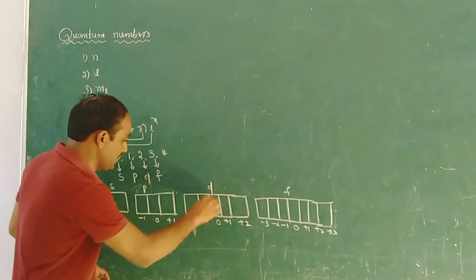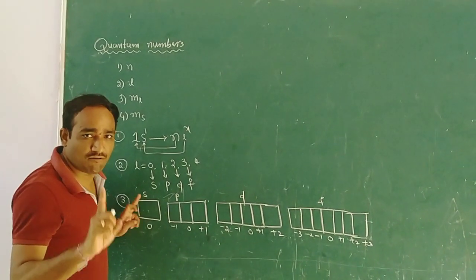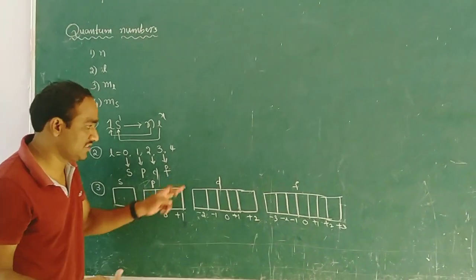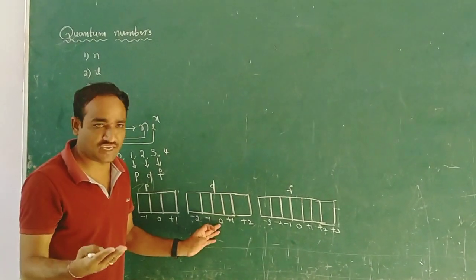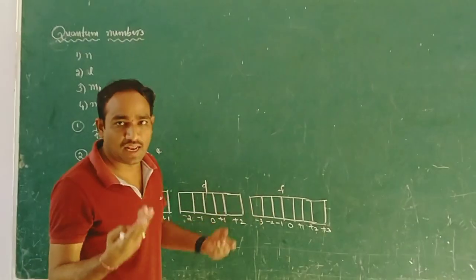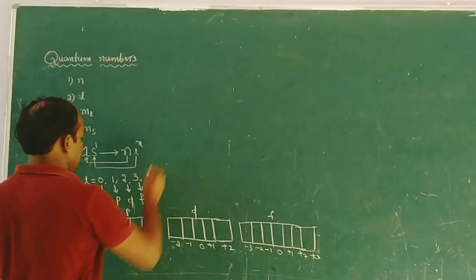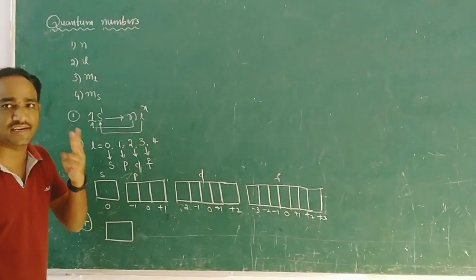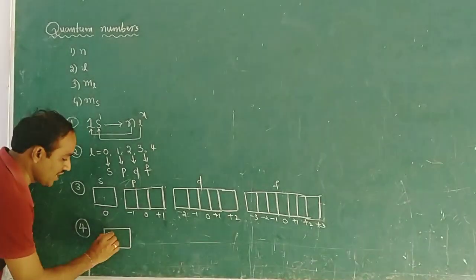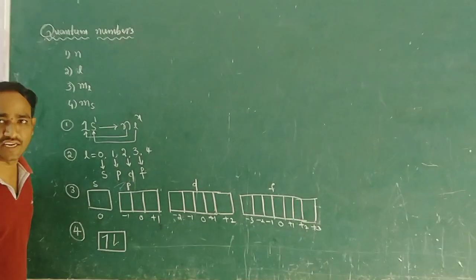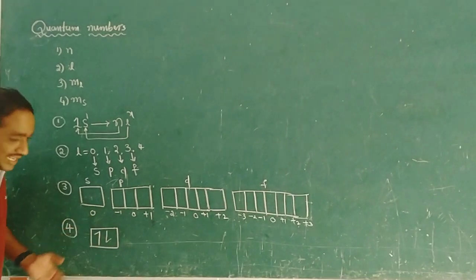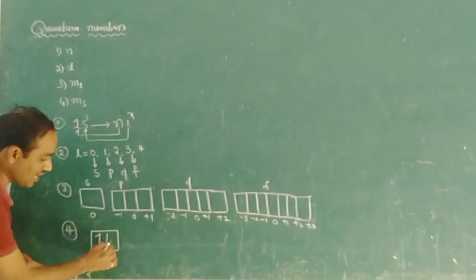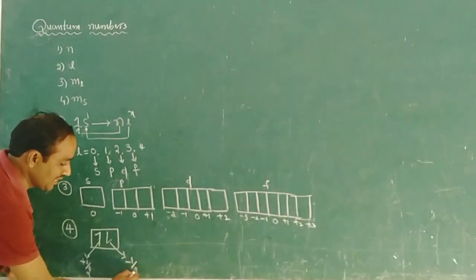And so the number of s orbitals is 1, maximum number of electrons 2; p orbitals 3, electrons 6; d orbitals 5, electrons 10; f orbitals 7, electrons 14. And the fourth one is the spin: the electron has two directions. One is clockwise direction and another one is anti-clockwise direction. If the electron is in clockwise direction, we represent +1/2. The anti-clockwise direction, we represent -1/2.